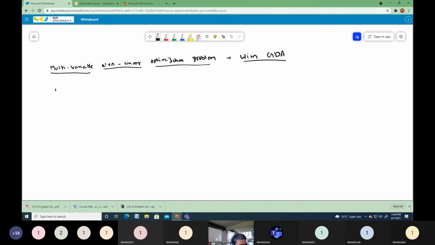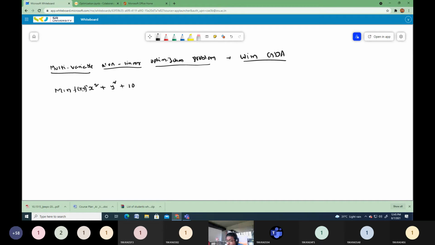So my problem is to minimize x square plus y square plus 10. I want to minimize the function F of x comma y, which is equal to x square plus y square plus 10. I hope you agree, this is an optimization problem. Why is it an optimization problem? Because I am trying to minimize the objective function. And it is a non-linear optimization problem.